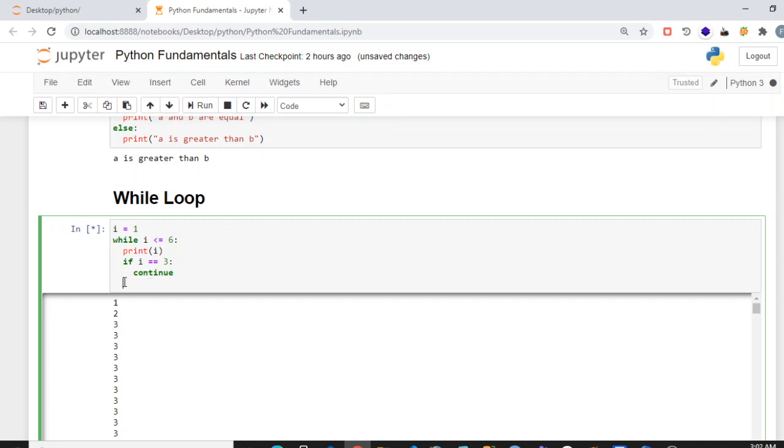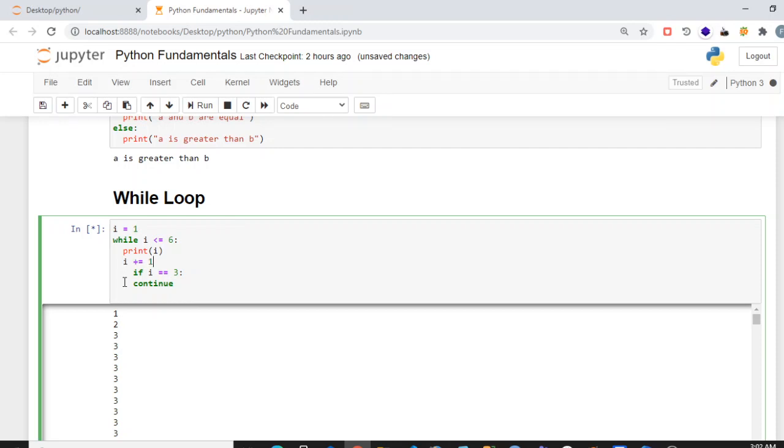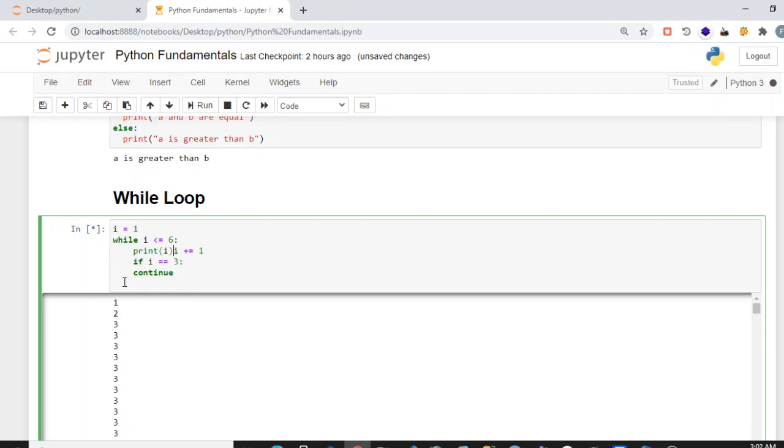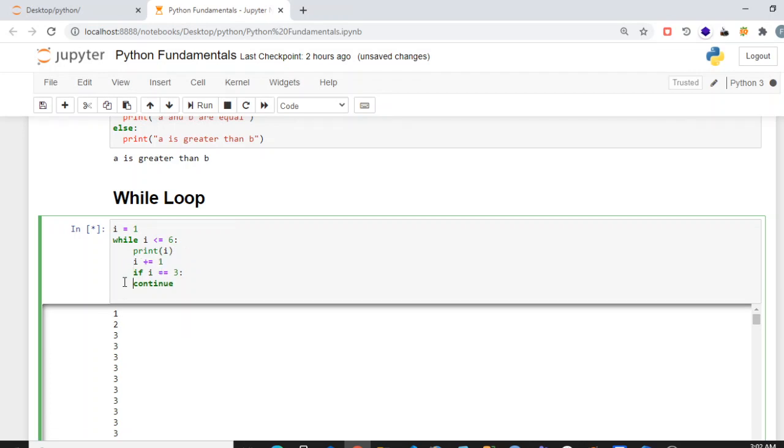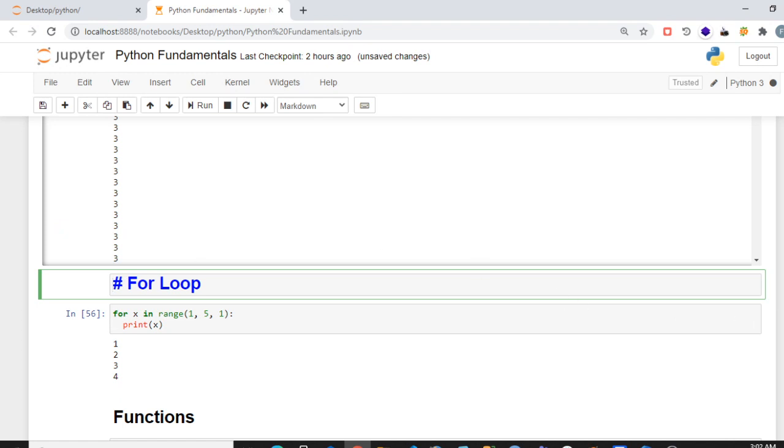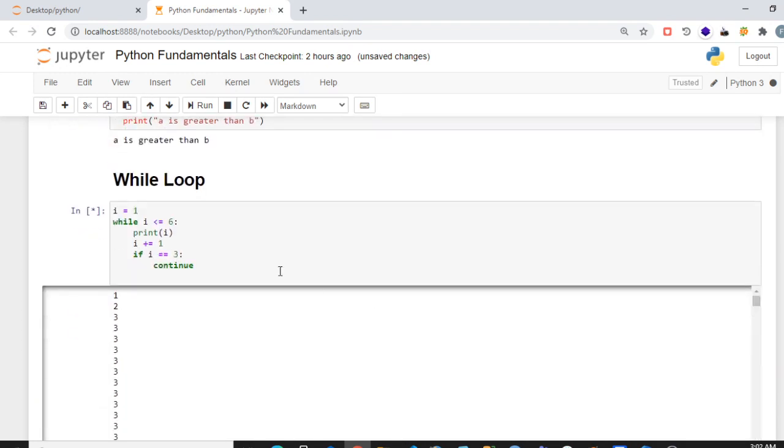So let's cut this and place the increment step before it. Now run this. Let's run this now.